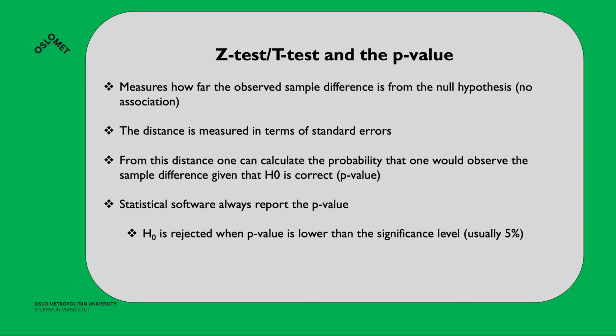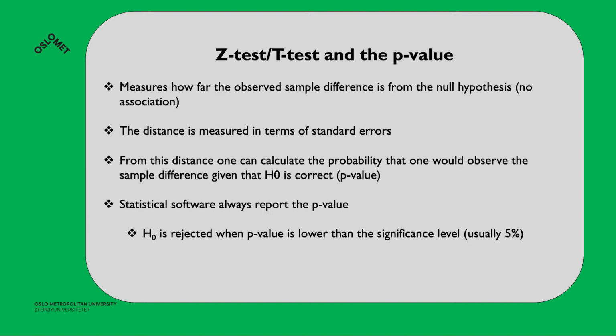So the z-test, the t-test, and the p-value: we measure how far the observed sample difference is from the null hypothesis, no association. This distance is measured in terms of standard errors. And from this distance, one can calculate the probability that one would observe this sample difference, given that H0 is correct, and that's the p-value. And statistical software always reports the p-value, and H0 is rejected when the p-value is lower than the significance level,